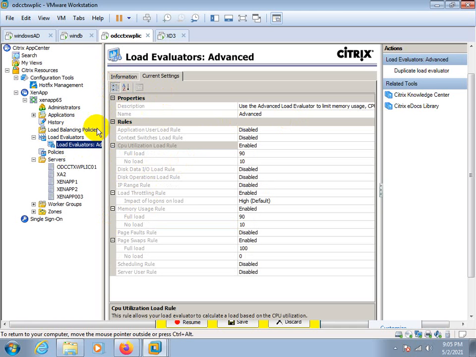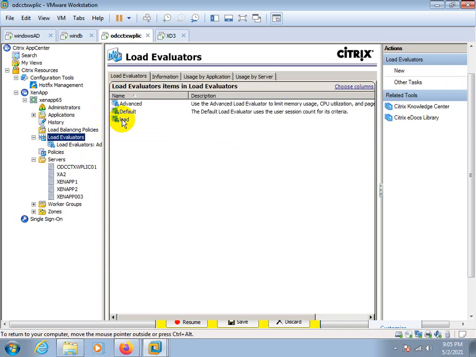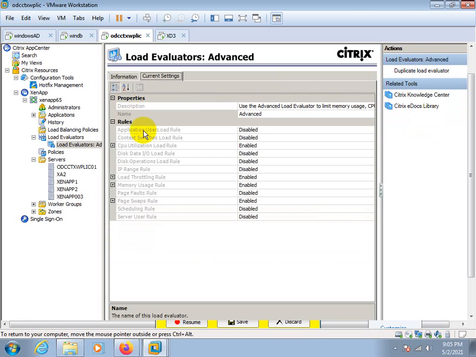So predefined load evaluators: advanced and default. In advanced, there are 4 rules configured.